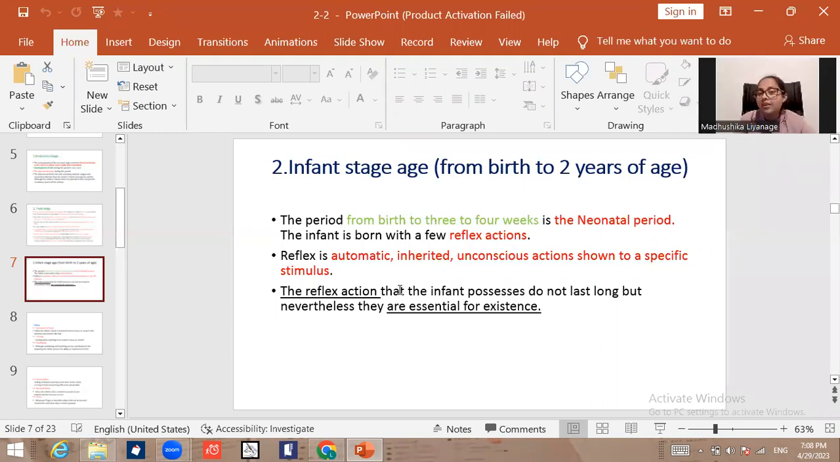And also I have shared with you some videos about reflex actions as well. Can you remember, right? About reflex actions. So that video is very helpful for you, and you can remember easily about reflex actions, right? So the reflex actions that the infant possesses do not last long, but nevertheless they are